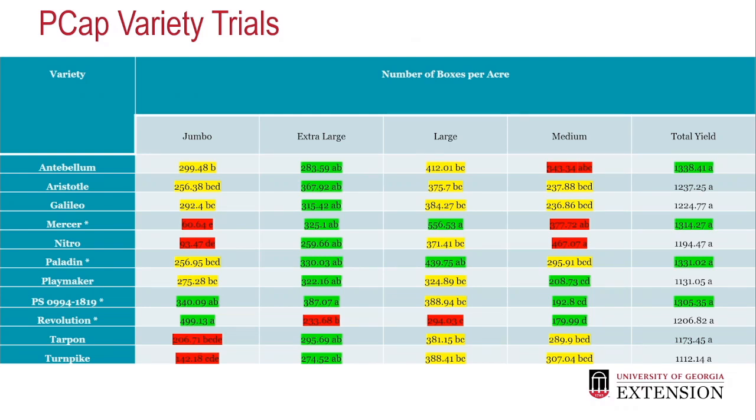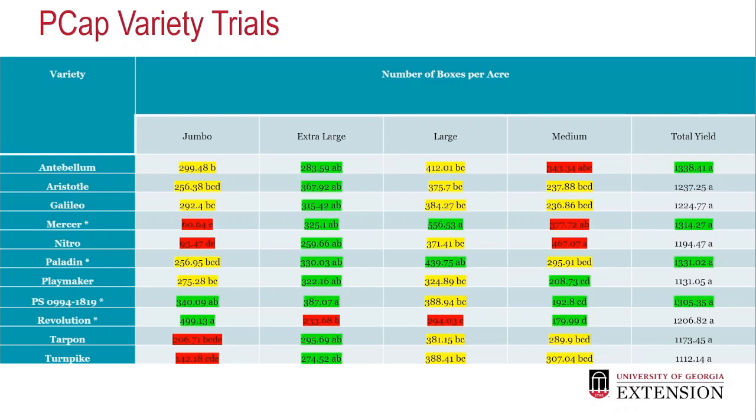So this is what we found. I've highlighted with the stars the ones that I'm going to recommend. This is all the data combined from all 4 locations across 2 years, averaged. We did 2 harvests. So starting out with Revolution, lots of jumbo. So for a fresh market, that's not necessarily a good thing, but I'd rather skew on the side of too big than too small, and I think especially for price-listing customers, Subway, Pizza Hut, things like that, Revolution's